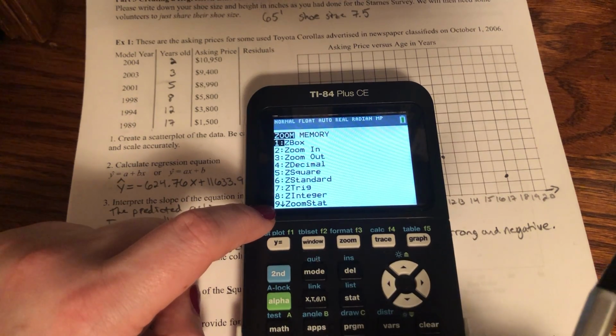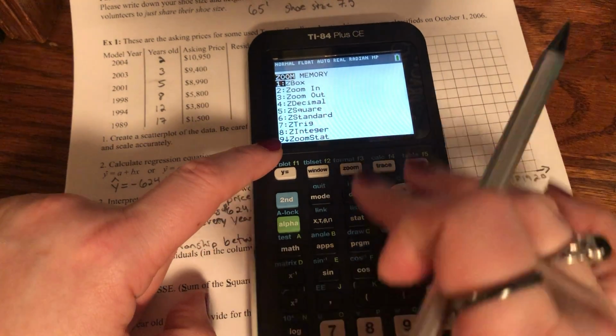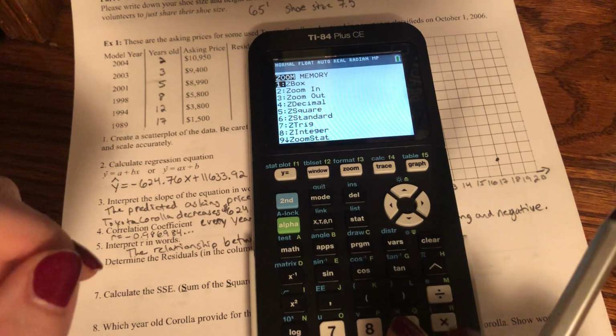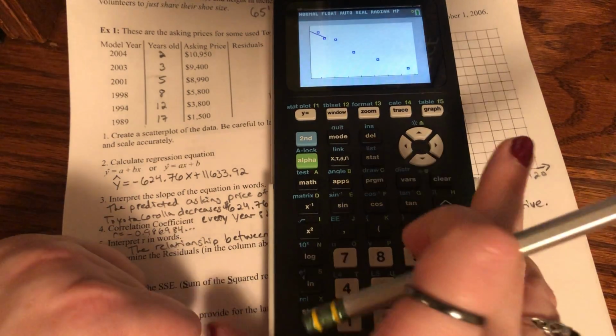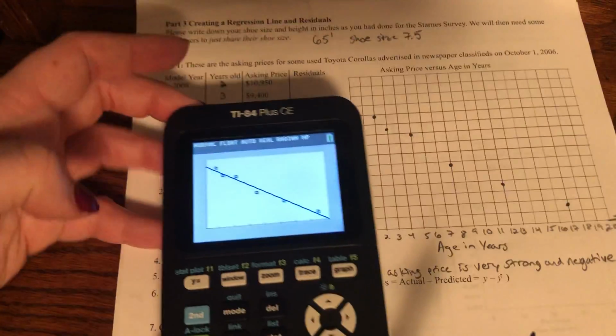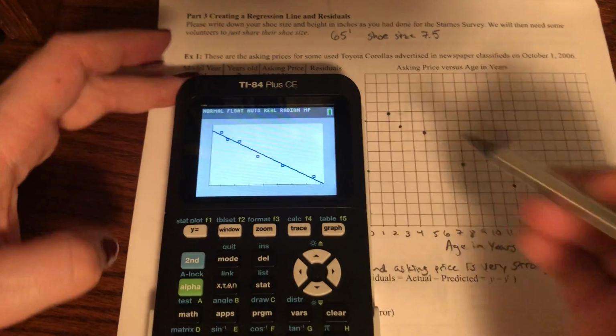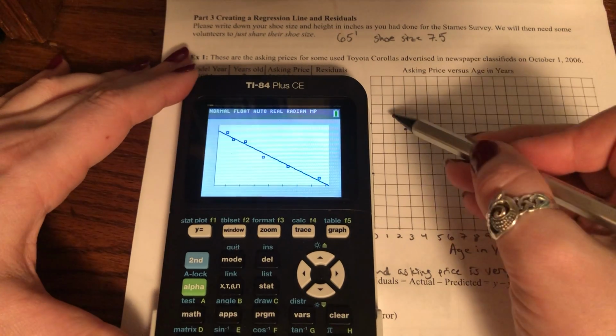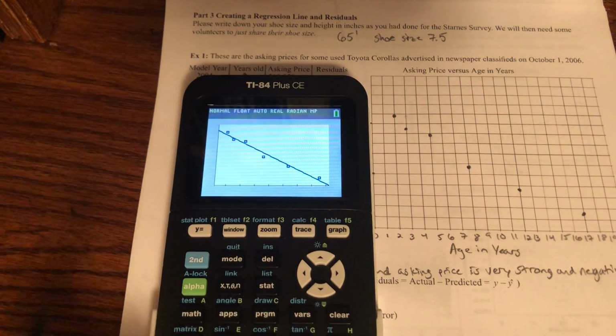So hit the 9 button to go to zoom stat, or you could arrow down and hit enter on zoom stat, either way, but I'm just going to push this 9 button. And what this does is it actually goes through and it creates the graph that I have here. So you can see the points, and then you can see generally about where this is. And I'm going to use that, and I'm going to,